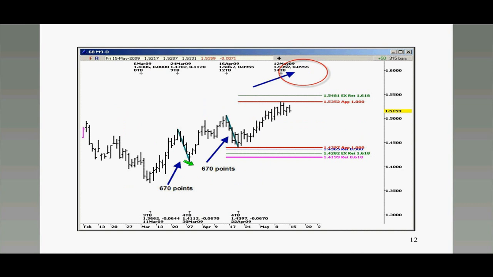And what was interesting about it was after you would have gotten knocked out, after you did have a nice reversal here, I think it was a couple hundred points in the pound off of that higher support that came in just above it. But then what we were looking at here was a decline that was 670 points in the pound. That compared to the next decline, which was also 670 points,